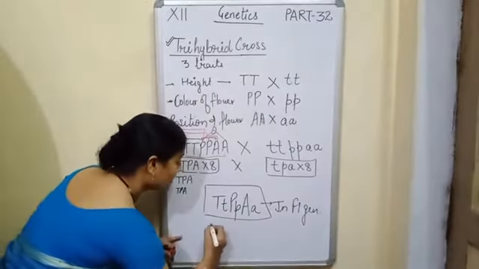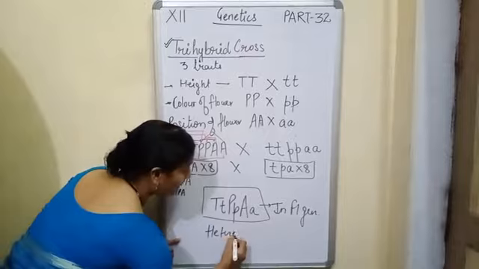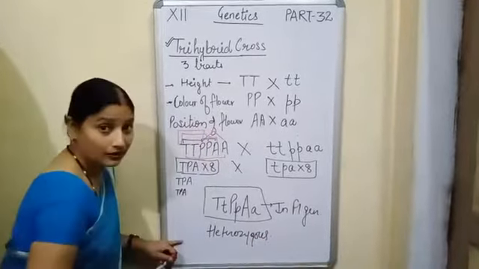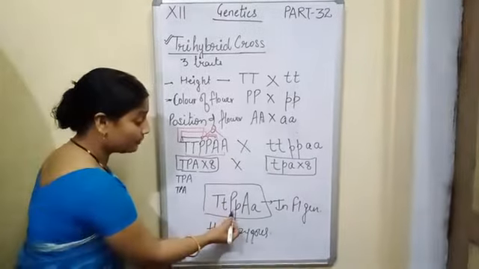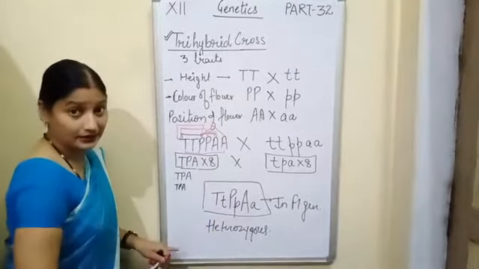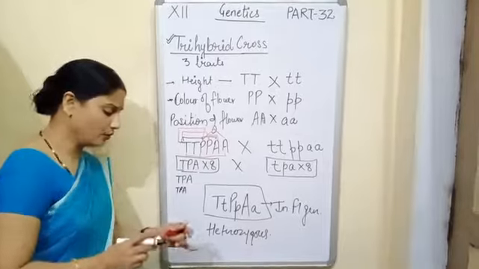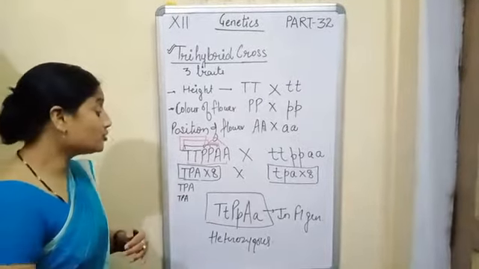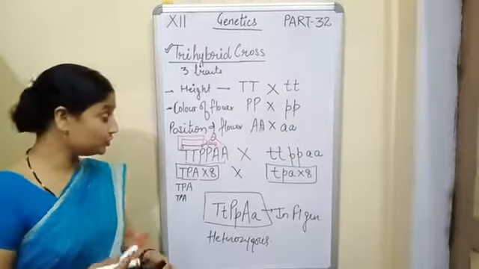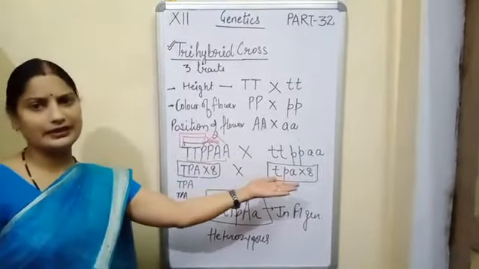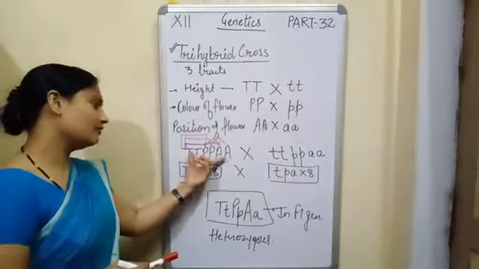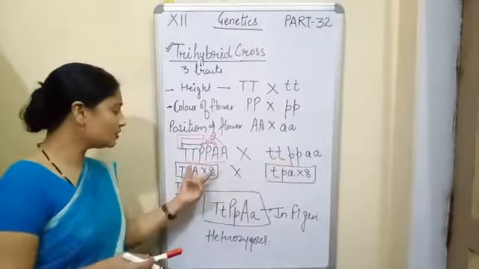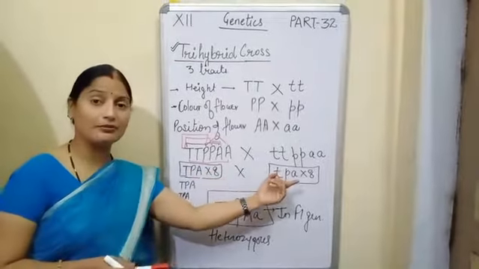Clear? That is, the genes will be heterozygous. Tall, purple and axial. Understood? Now, in F2 generation, clear? How to make the gametes in case of F2 generation? In F1 it is very easy. We have got this with the same order. Capital means capital, small means small. So we'll get the 8 gametes of this, 8 gametes of this.